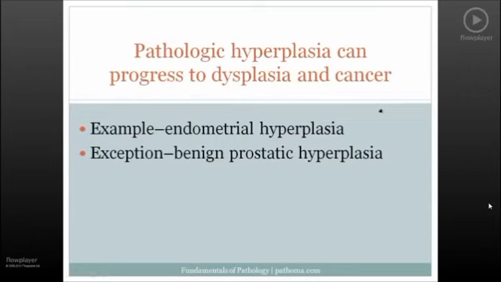An example of physiologic hyperplasia would be pregnancy, where due to some physiology of the organism, hyperplasia occurs. And there is no increased risk for cancer with physiologic hyperplasia. However, with pathologic hyperplasia, there is an increased risk for dysplasia and cancer. Classic example, endometrial hyperplasia. You're well aware from your pathology lectures, or from your physiology lectures, that